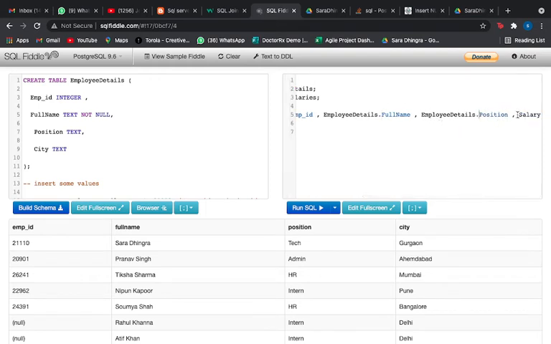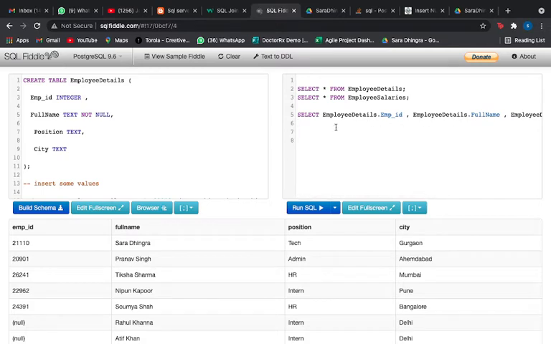But salary, we are picking it from the employee salaries table, right? The salary column is not there in employee details, so I'm writing employee salaries. This is just to avoid confusion, because there could be many attributes in both the tables. So I'm just trying to be clear about which attribute we are picking up from which table. So I've selected the columns that I want to display, that is employer ID, full name, employer position and salary.